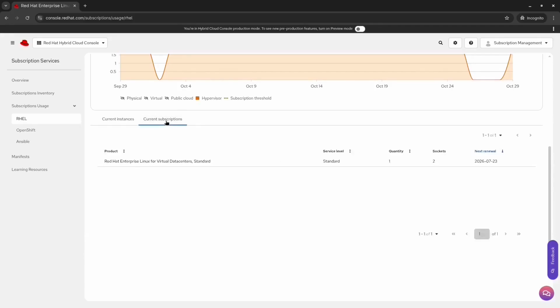Also, a new workspace feature will be available soon on the Hybrid Cloud Console. When this feature is available, users will be able to create workspaces and allocate specific subscriptions to each workspace. Systems registered under a given workspace will only consume the subscriptions assigned to it. For example, you can create dedicated workspaces for VDC, standard and premium subscriptions, enabling clear tracking and reporting of usage